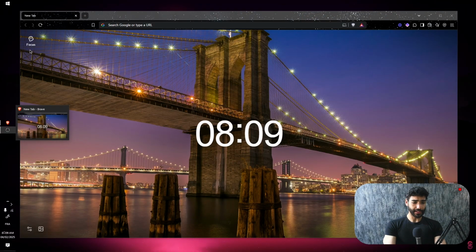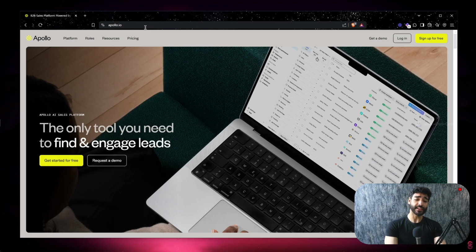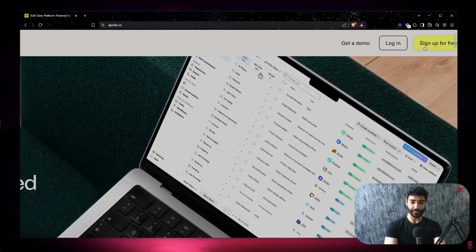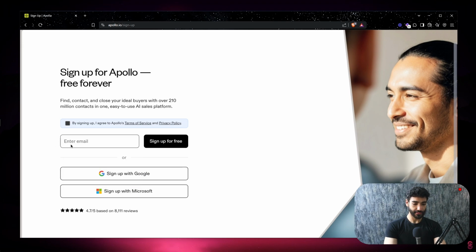Okay, so step one, we're going to go to apollo.io. Apollo is going to be our lead sourcing database. So click on sign up for free. And always make sure to use a professional email account with your domain. If I try to use just a random email account, it's not going to work. If I try this random email that I have, and I click on sign up for free,